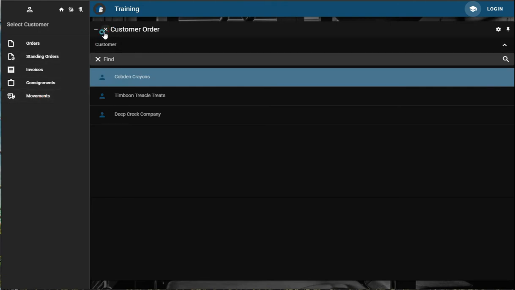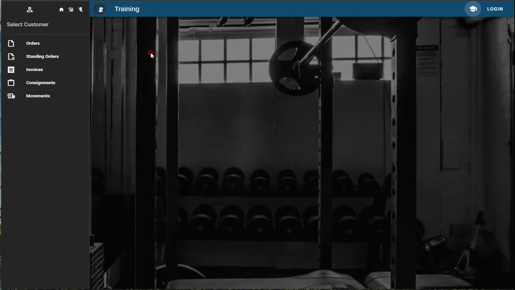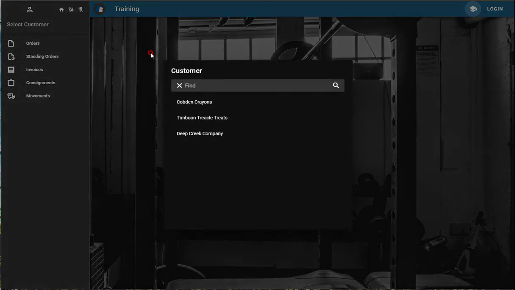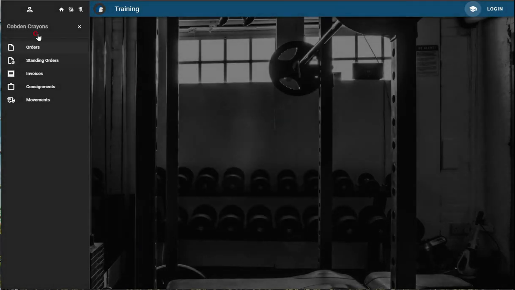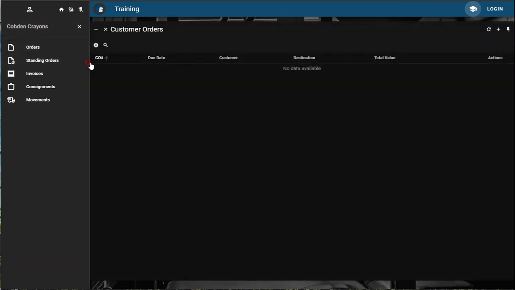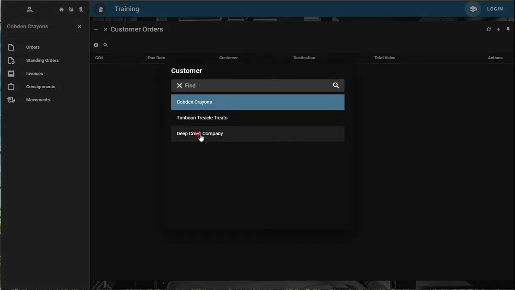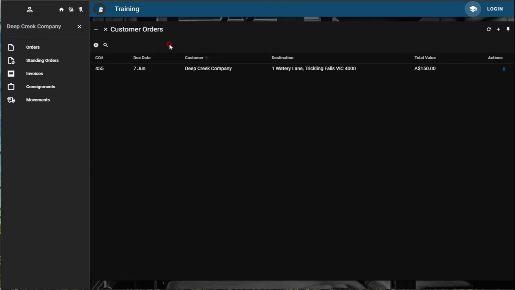Also, if you push the tilde button, which is the button to the left of the number 1, you can actually select the customer, which then you can see the customer here is selected, which then filters all orders to only show this customer. So let's, using the tilde button, we select Deep Creek Company, and it shows us Deep